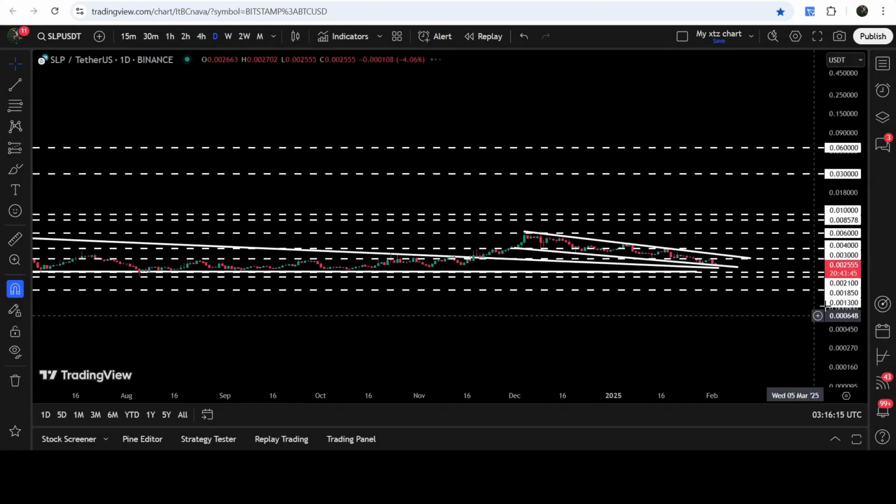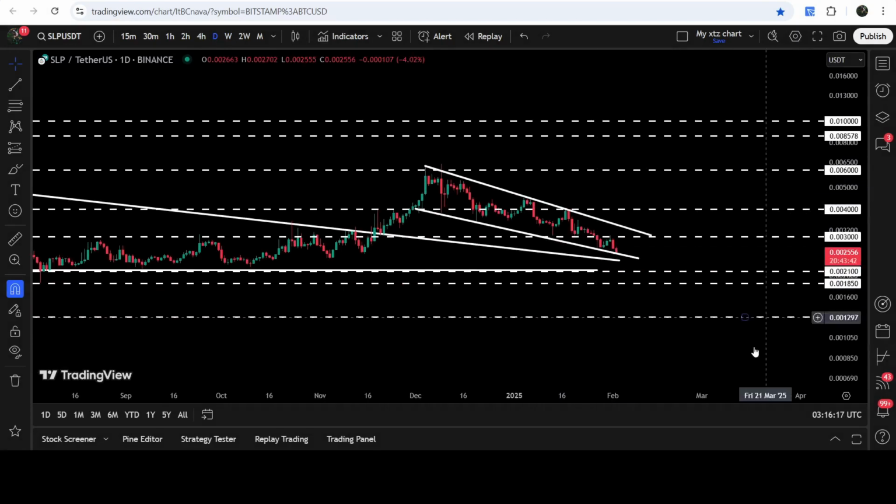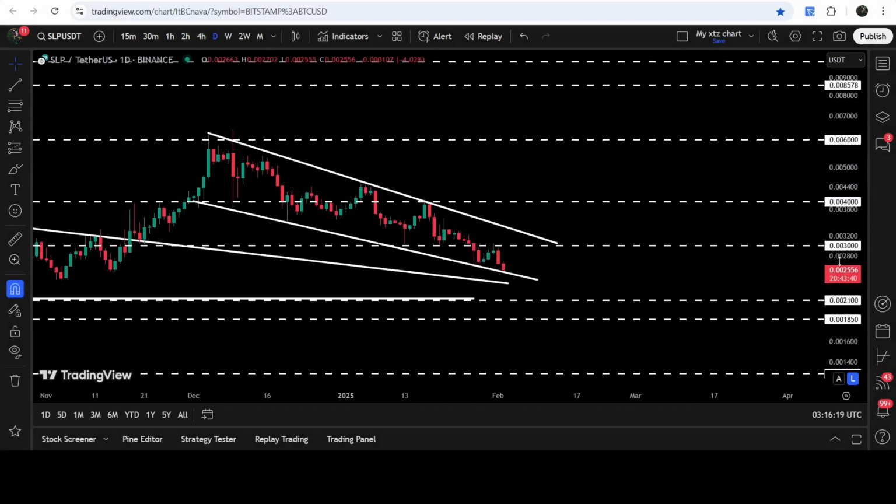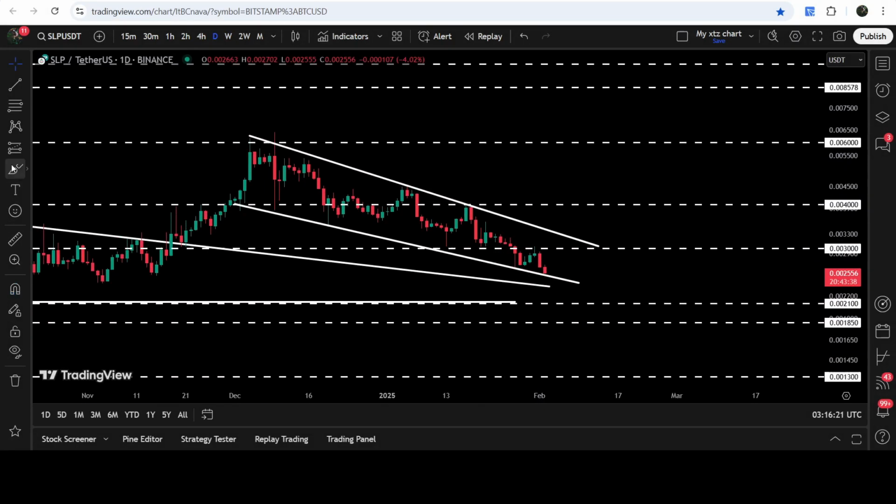Now, let me take you to the live chart of SLP. And first of all, let me show you the daily time frame chart. Here you can see that for the past several days or weeks, it is stuck inside another falling wedge pattern, forming lower highs and lower lows. And now the movement is quite squeezed inside this pattern. Therefore, we can expect that soon it can break this pattern. By the way, this is considered a bullish pattern. Therefore, there are more chances for a breakout.